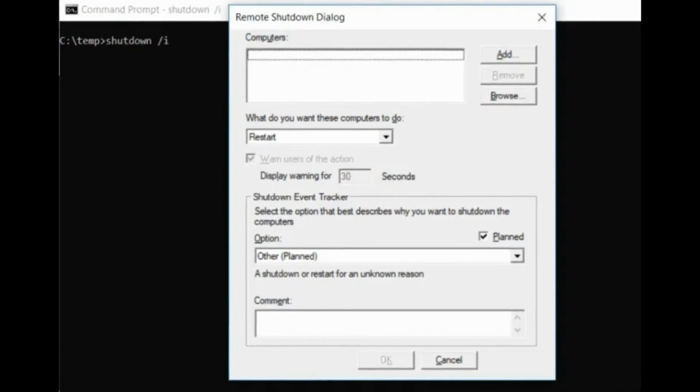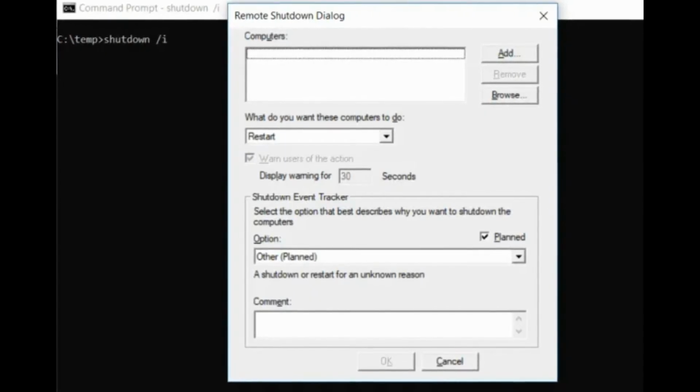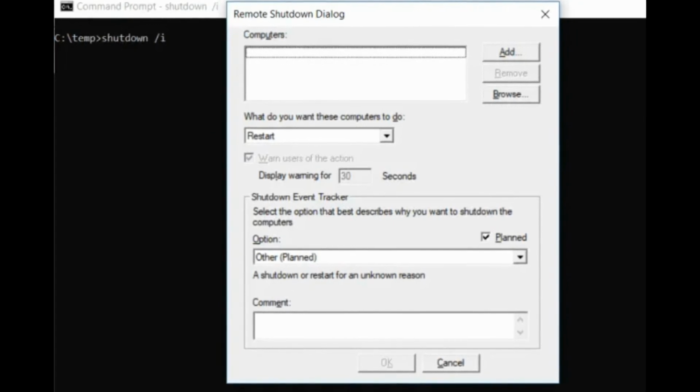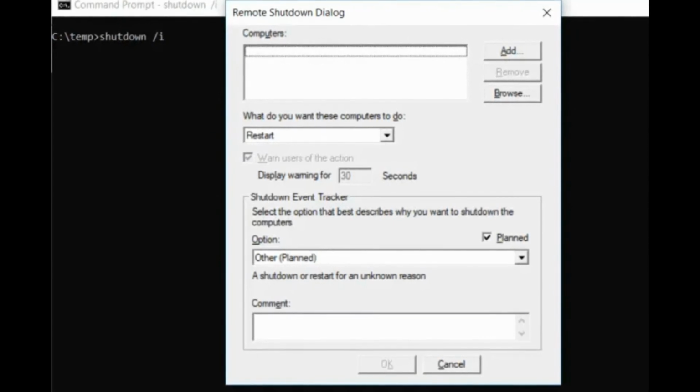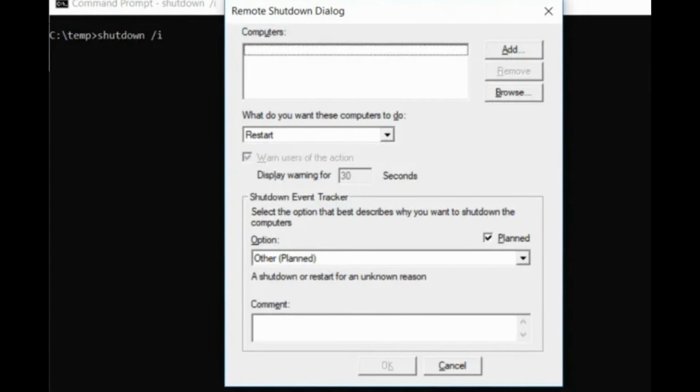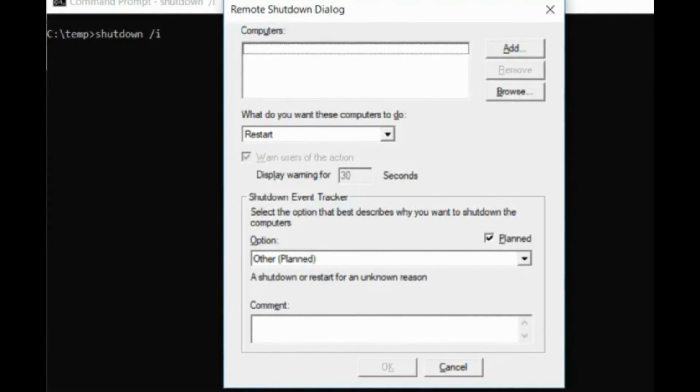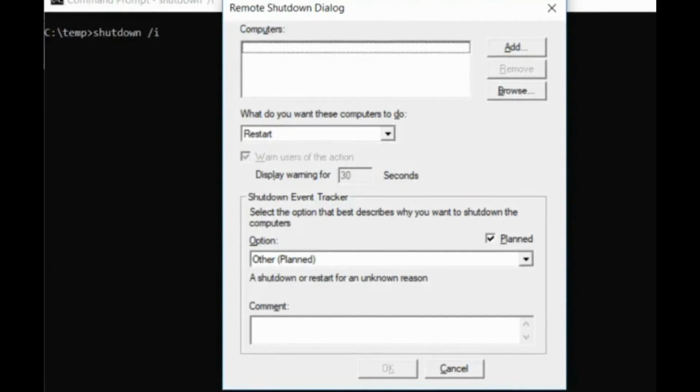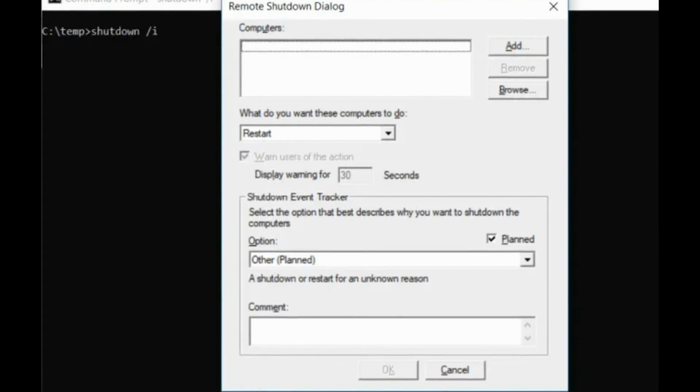Number 8. SHUTDOWN, turn off your computer. The shutdown command is a pretty versatile command that lets you shut down the computer but control the behavior of the shutdown. It's commonly used as a scheduled task or part of an IT batch job after patches have been applied to a computer system.